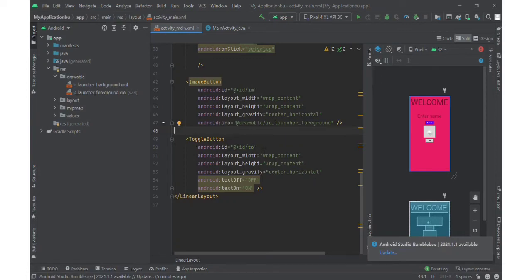An ID must be used by using the attribute Android ID, and most importantly, the attribute which shows the current status of the toggle button should also be used. In this case, the Android textOff attribute will help to display the off state, and the Android textOn will help us to display the on state. So that's all about the